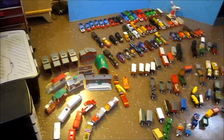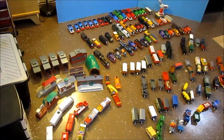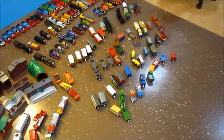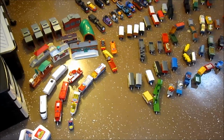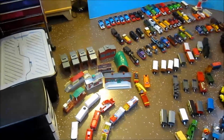And in total I have 55 locomotives, over 70 pieces of rolling stock, 2 road vehicles, 5 stations, a tunnel, and 5